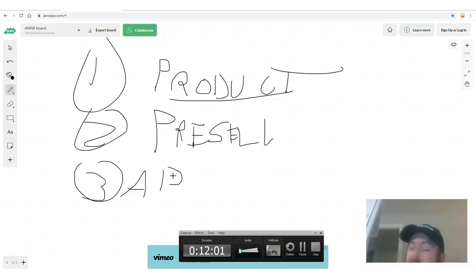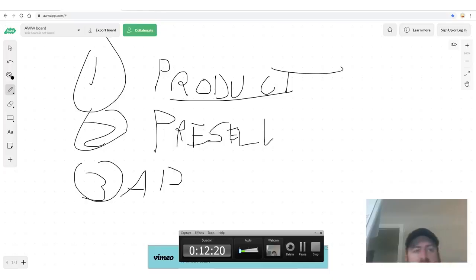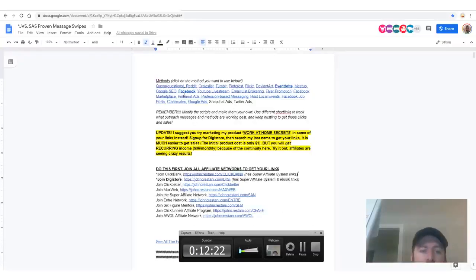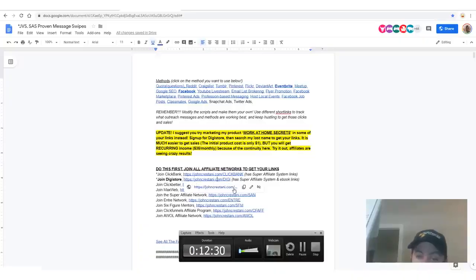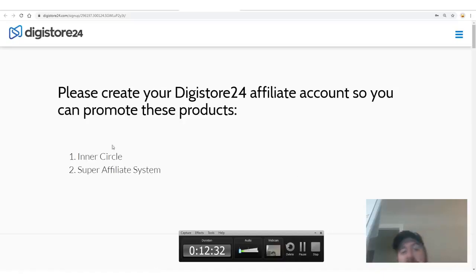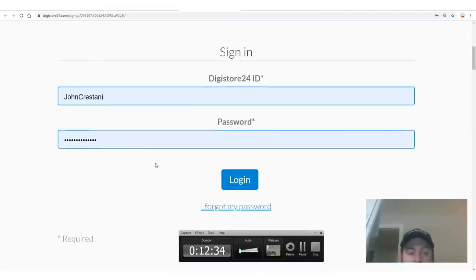How do affiliate networks pay you? Well, they pay you a couple of different ways. I'm going to show you an affiliate network that accepts people no matter what age you are, no matter what country you're from, and they'll pay you via PayPal, via bank wire, where you just need a bank account, or via a check, which means you need an address somebody can send a check to. The affiliate network we are going to work with is called Digistore. Digistore accepts people all over the world. You could sign up for some other ones, but they don't accept people all over the world, and you won't be able to promote the right products here.